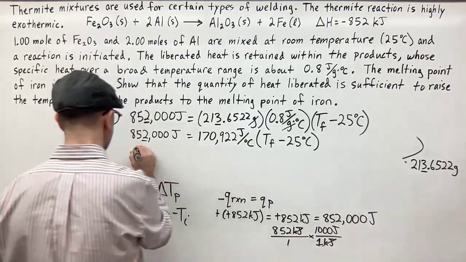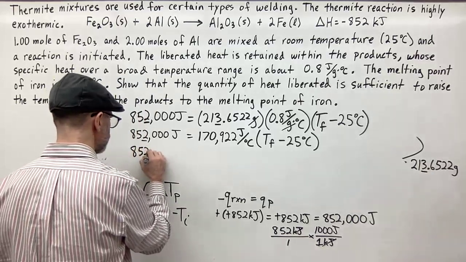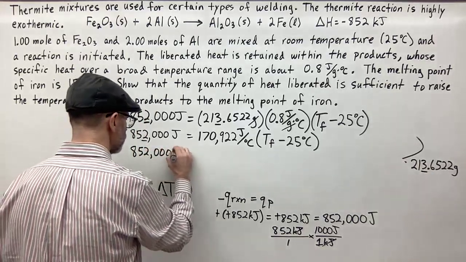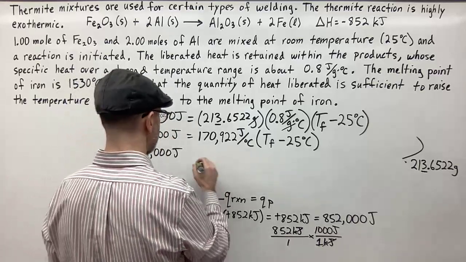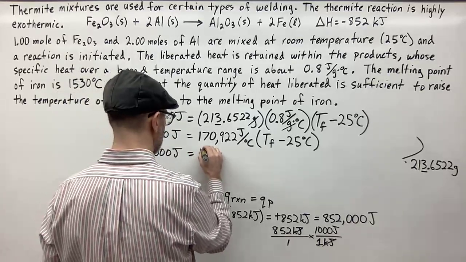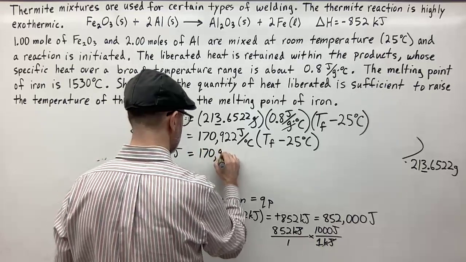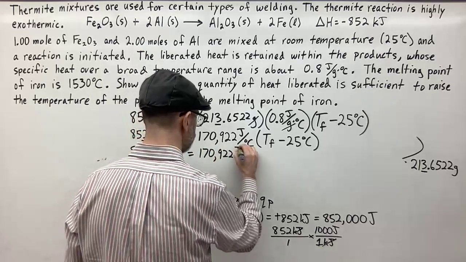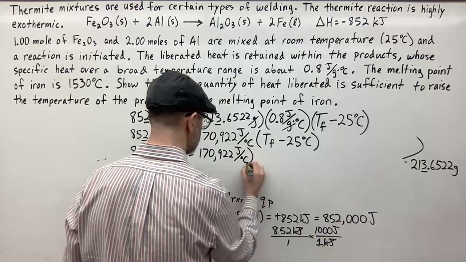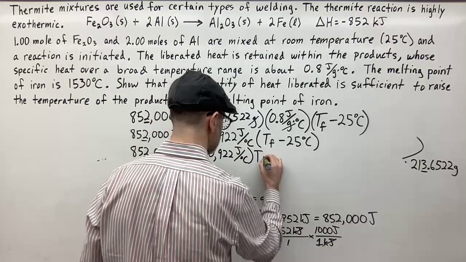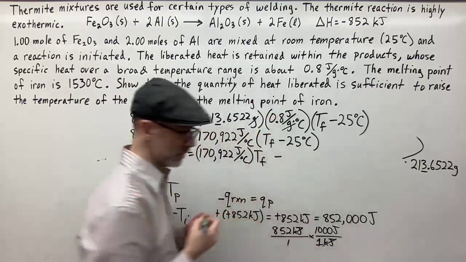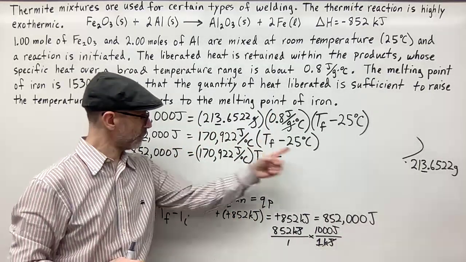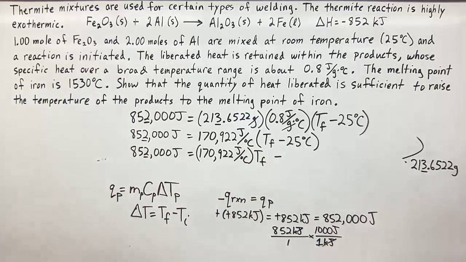When I do that, I get, again, 852,000 joules multiplied by, it's going to be 170,922 joules per degree Celsius times TF, and then minus, and now I'm going to multiply this times the 25, and there I get